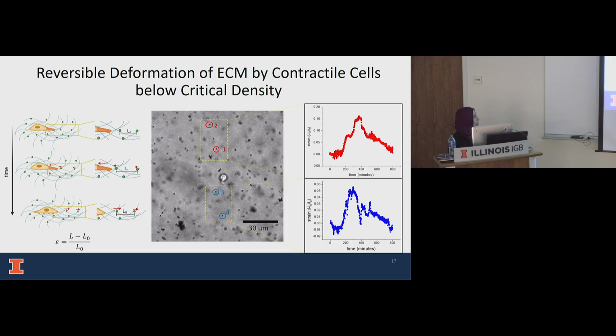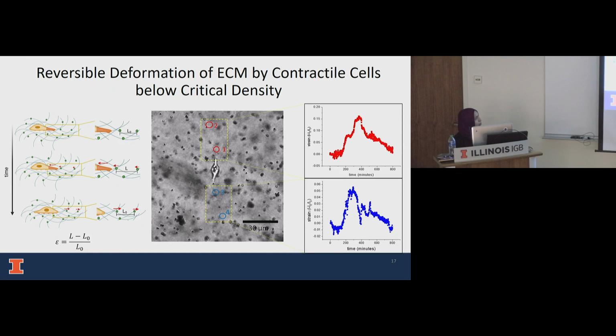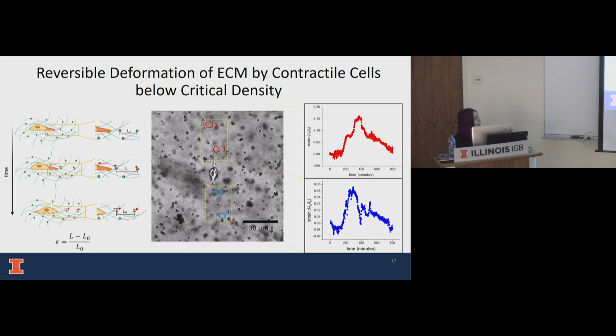We have mixed some tiny 2-micron tracer beads with collagen, which we can track. And as the cell pulls the collagen fibers, the distance between two nearby beads changes. From this distance, we can measure the strain in the fibers near the cell. And we have done this for a single cell here. On the right, you can see the cell keeps pulling on the beads, and then eventually they let go.